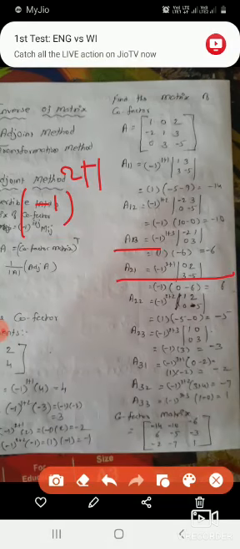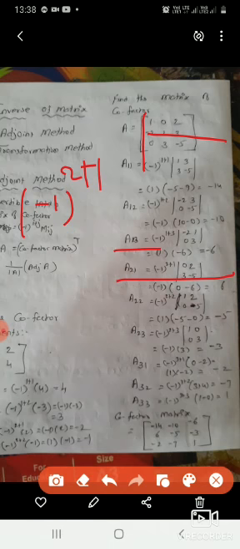A21. A21 means second row first element. So we will write minus 1 the whole power 2 plus 1. 2 plus 1 means second row you have to leave, first one. So what will come? 0, 2, 3, 5. Now first row, 0 into 0, into minus 5, 0, and 3 into 6. So it is minus 6. That's why it is minus 1 into minus 6, that is equal to 6.